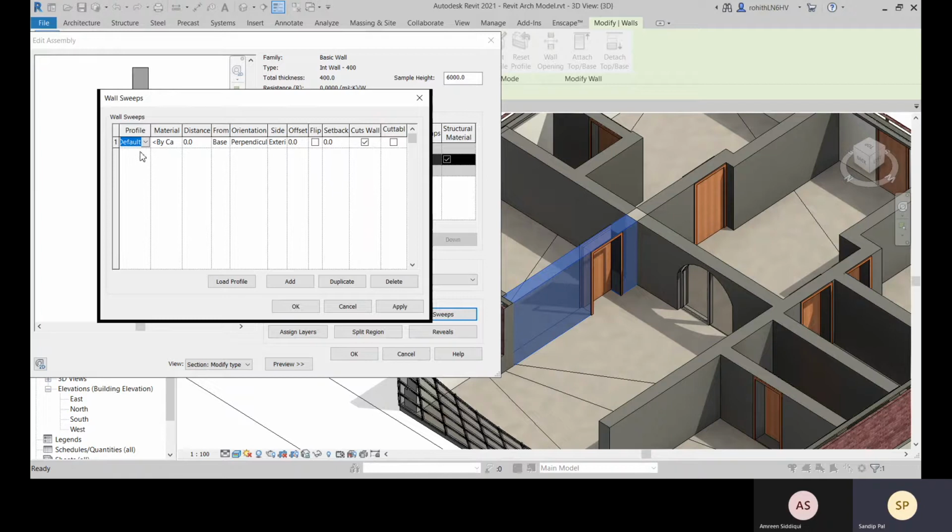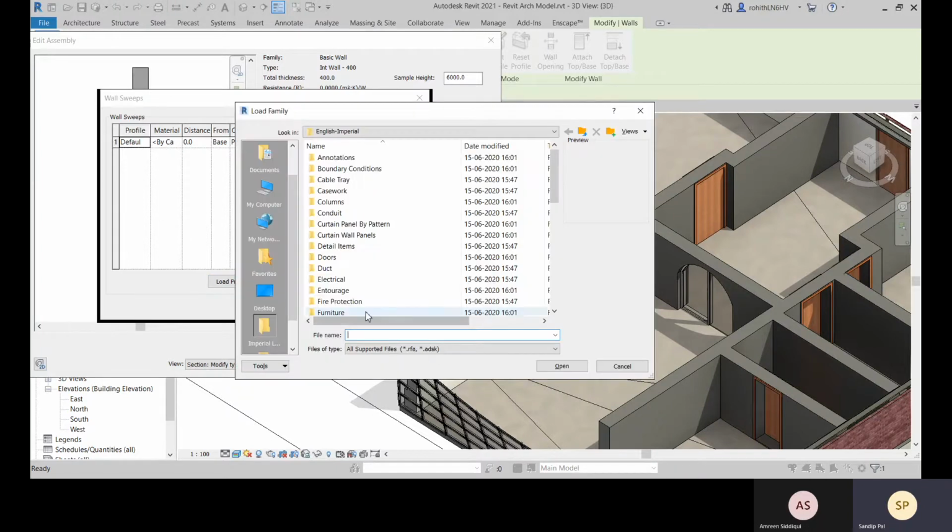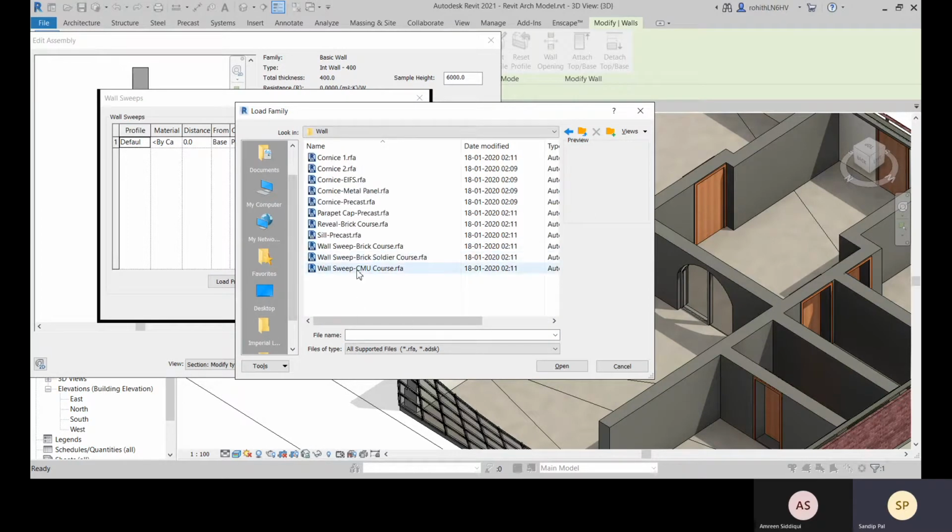You can load some profile with this option. Go to this load profile, and let me see profiles. Yes, within this wall we have some wall sweeps, this brick course, brick soldier course, this is available.